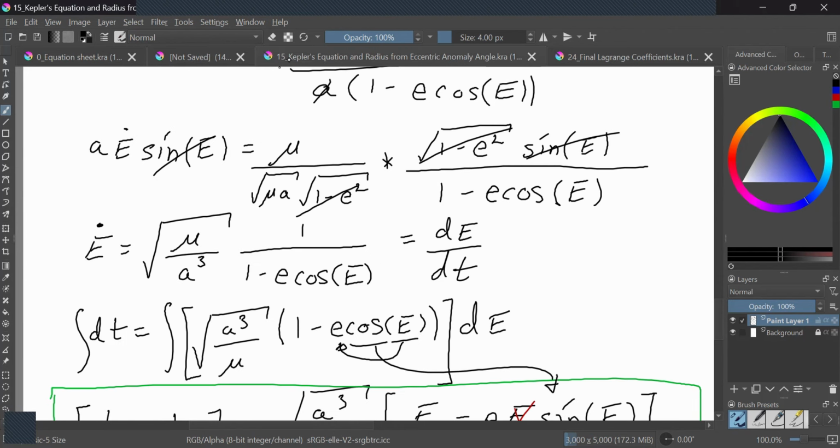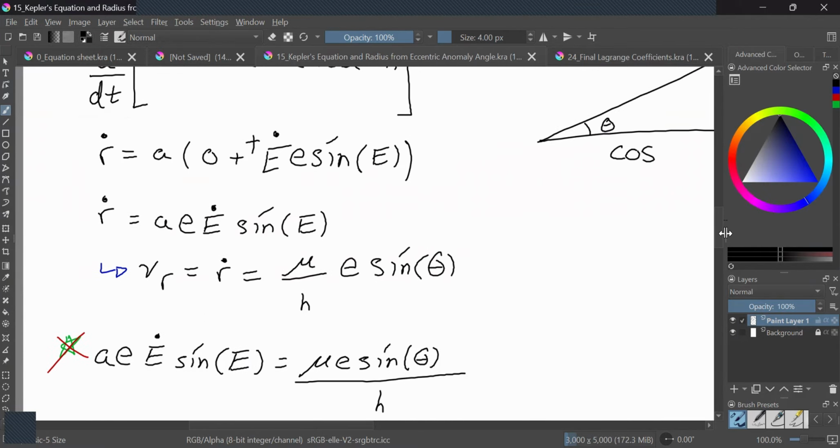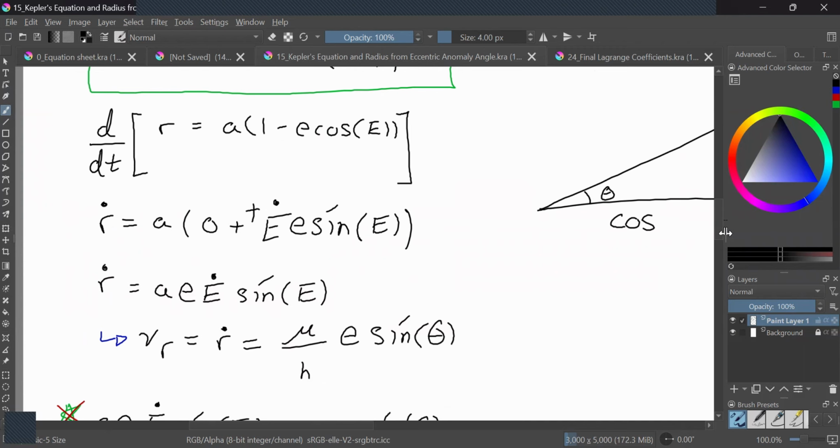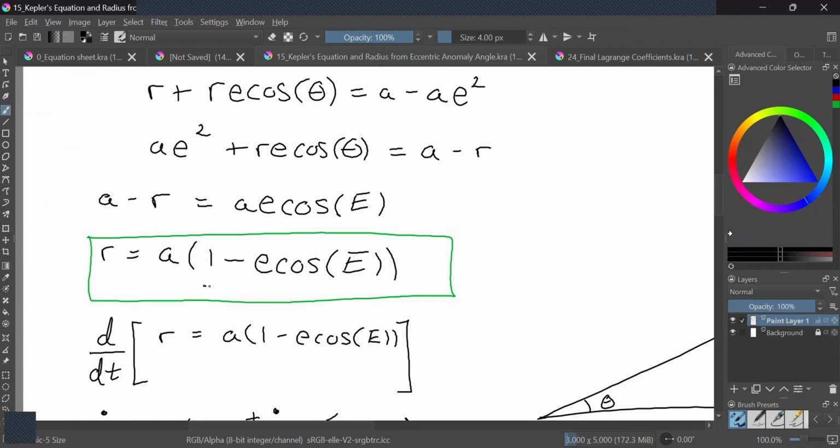Well, also in this video, let's see if I can find it, I have a better definition. There we go. So we use 1 minus e cosine E here, which means that if we solve for this directly,